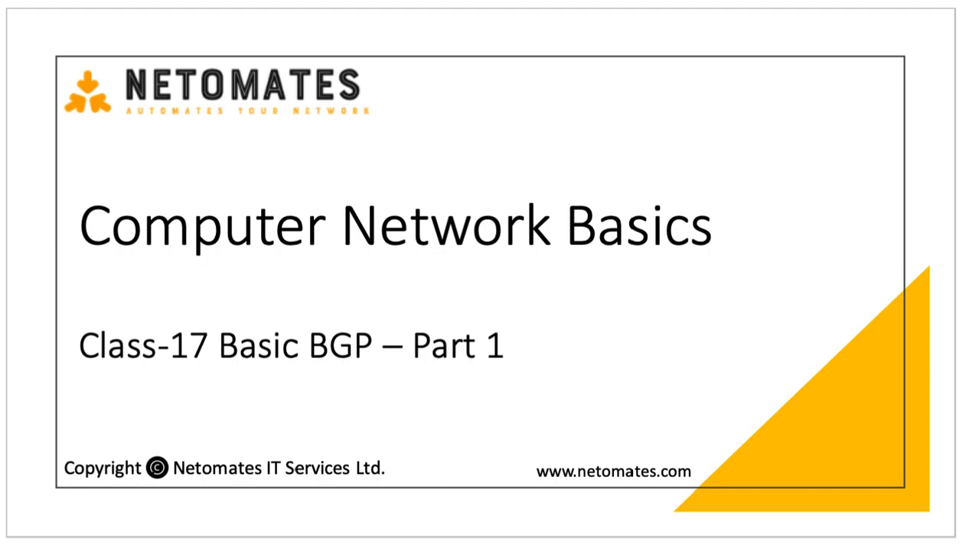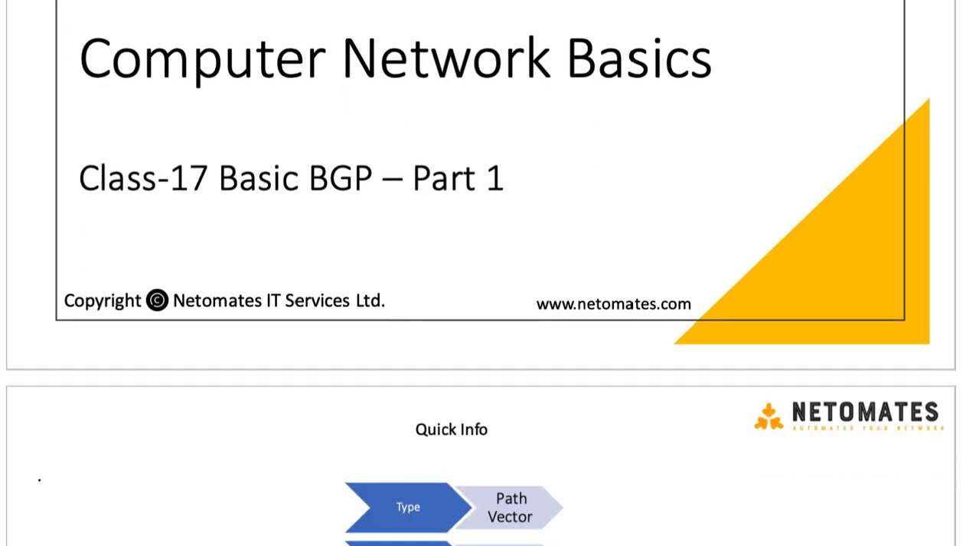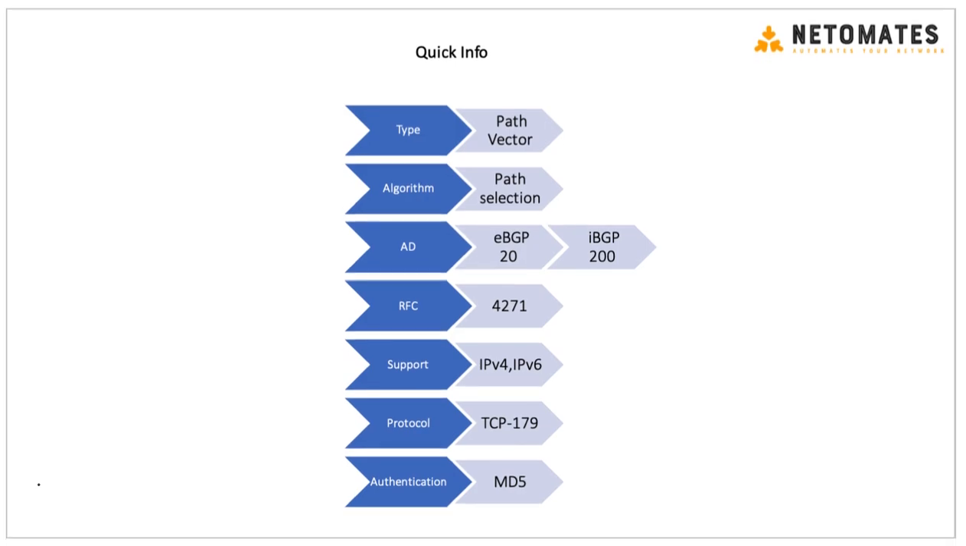Number 17. In this class we will discuss another dynamic routing protocol, which is Border Gateway Protocol. So, quick information about BGP. BGP is a path vector protocol. In the previous routing protocol, OSPF, we know that it's a link state protocol, but BGP is a path